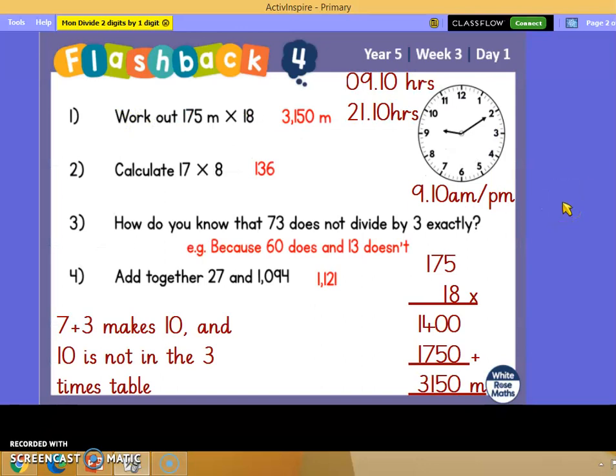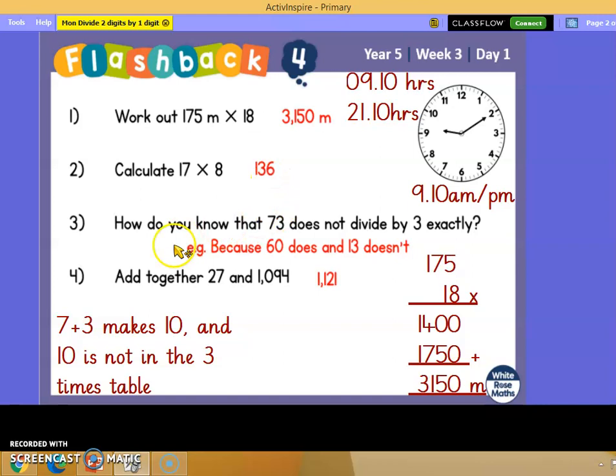Here you can see the answers to those questions. For the first one, 175 metres multiplied by 18. This is the answer. If you're not sure how to do that, down here is a reminder of your skills from last week. First we do the 175 times by the 8 to get this answer. Then we do 175 times by the 10 to get this answer. Add the two together, which matches the answer up here. Linking back to skills last week, 17 times 8,